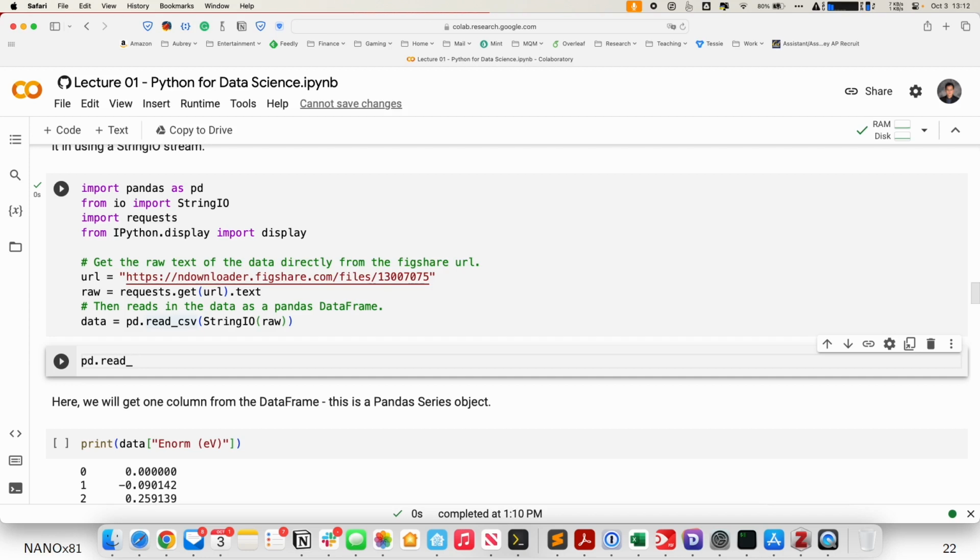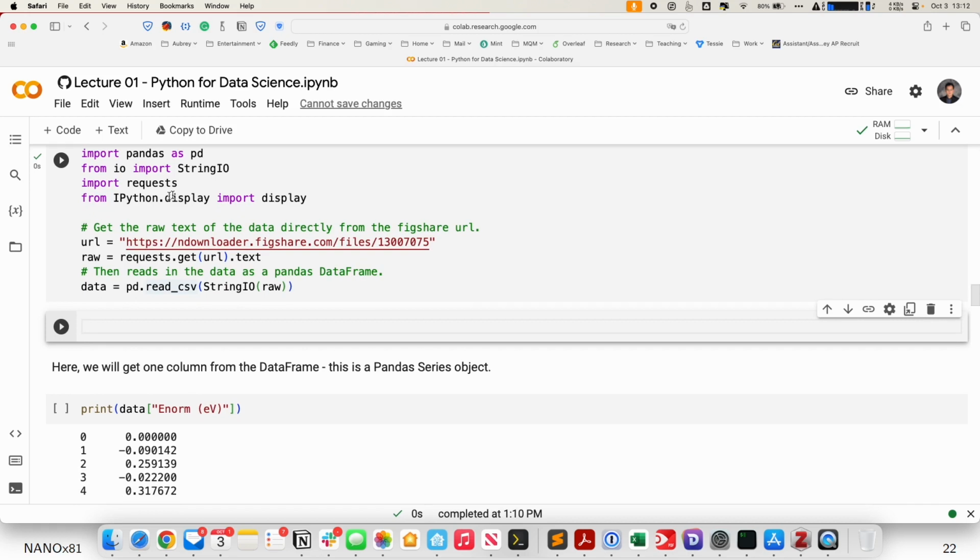Okay, by and large, at least for this course, we are going to be primarily working with CSV files. So the read CSV will be all that you need to do. Okay. Now,